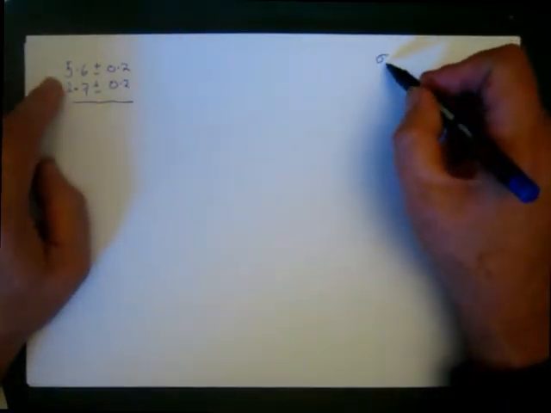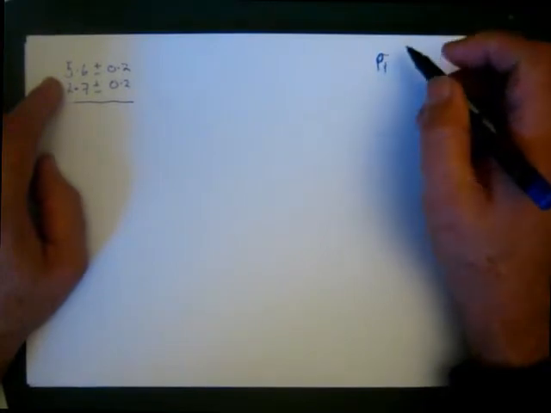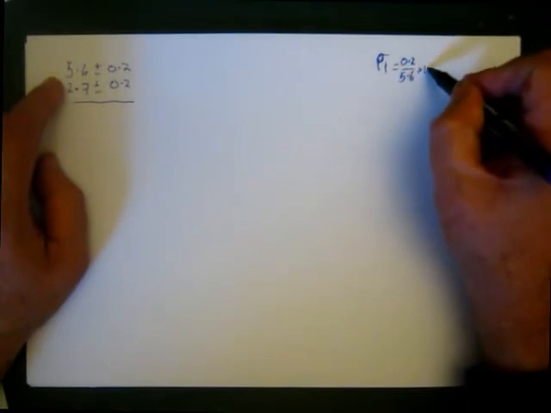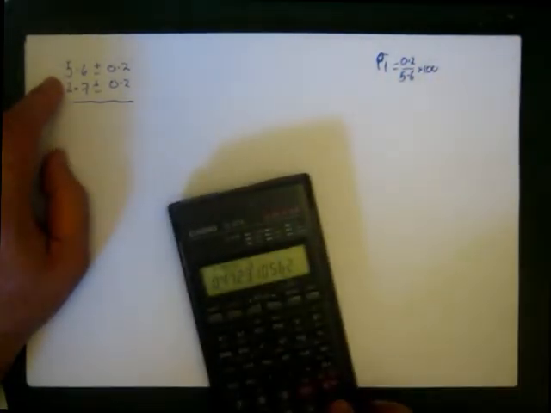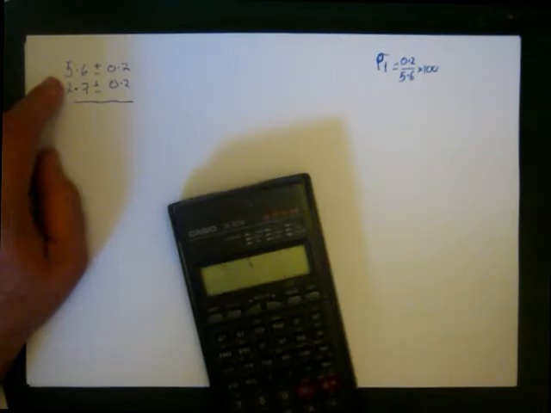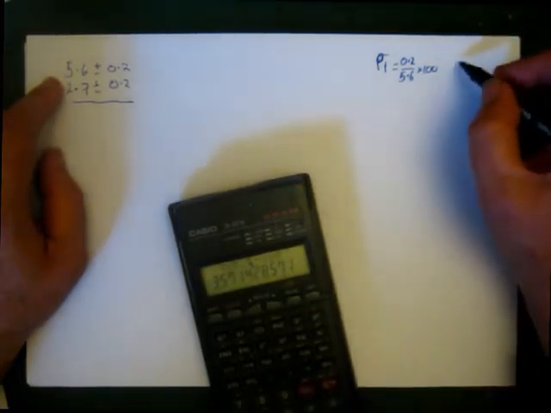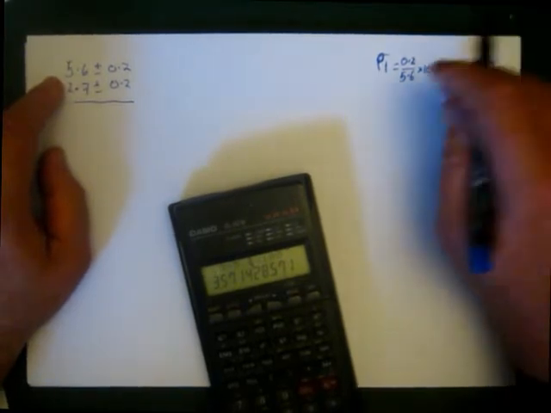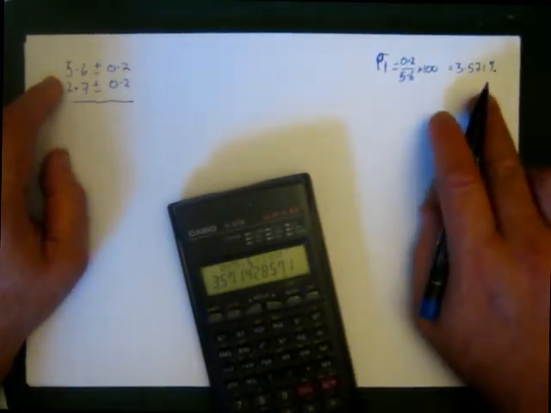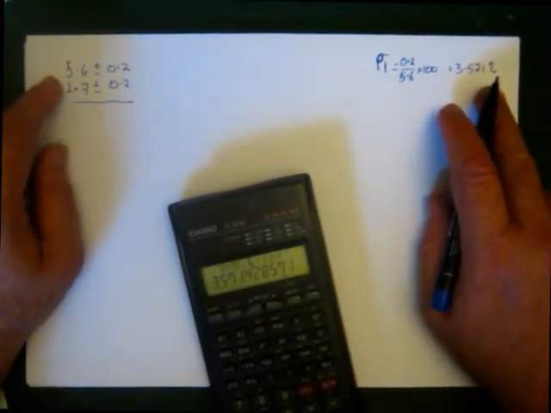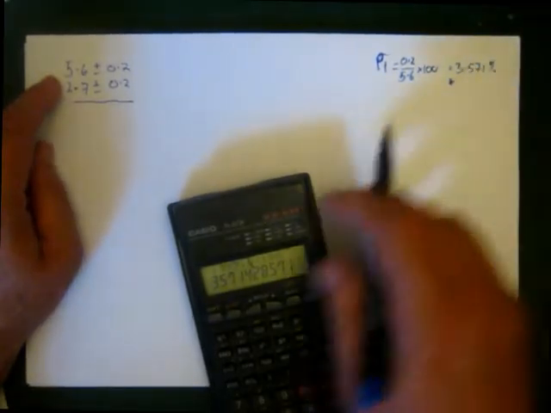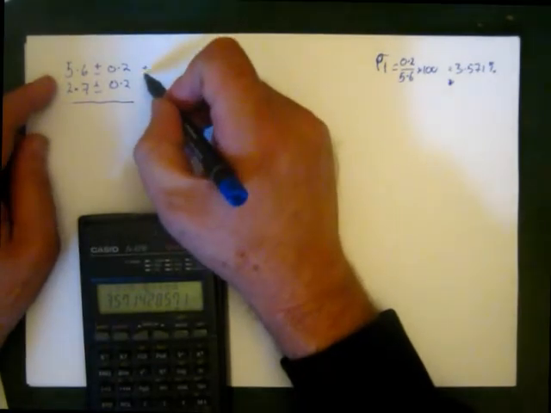So sigma 1, well, P1, we're going to call it percentage 1, is equal to 0.2 over 5.6 times 100. So calculate 0.2 divided by 5.6 times 100 equals 3.571%. There's no point in carrying on with uncertainty because we're only going to give the answer to one significant figure anyway. So if we go too far down there, so that's plus or minus